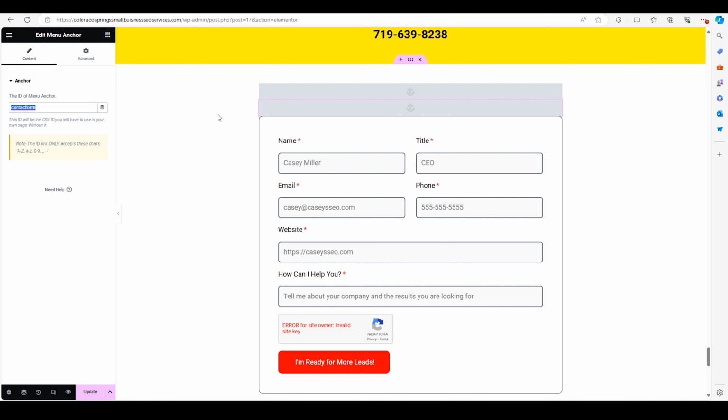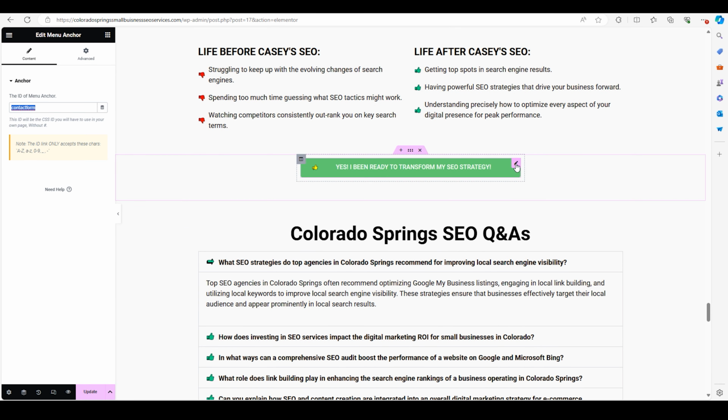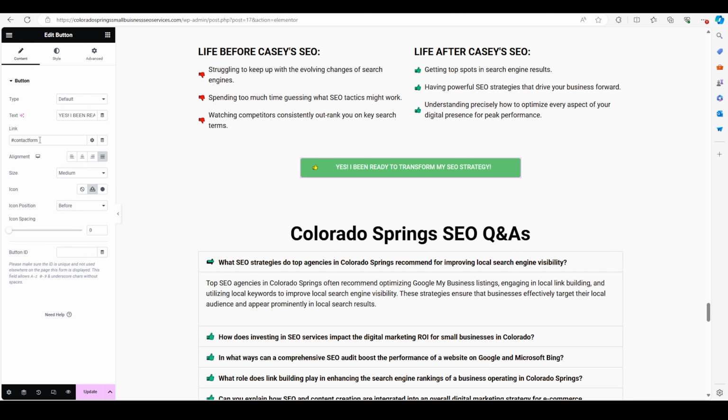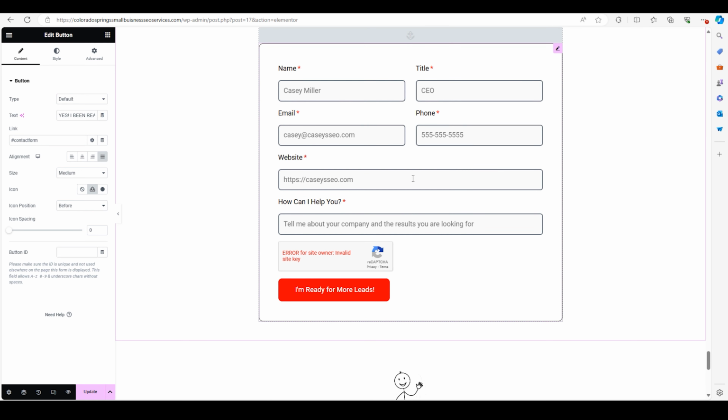So I'm just going to copy that text, and then I would scroll up to the button. And then right here, you will see I have a hashtag contact form. So you always have to have the hashtag in front. So if you have a button, you need to have that hashtag up front and then put that text in exactly how you have it on the menu anchor. So that's why I just copy and paste. And then from there, when you click that button, it will drop down to whatever section you have on the